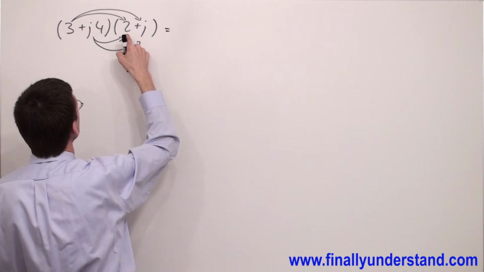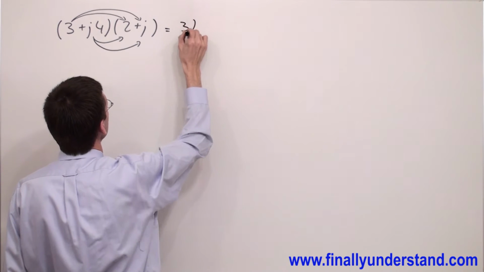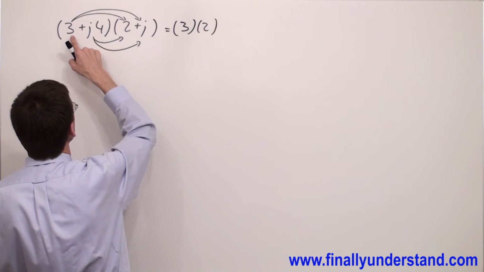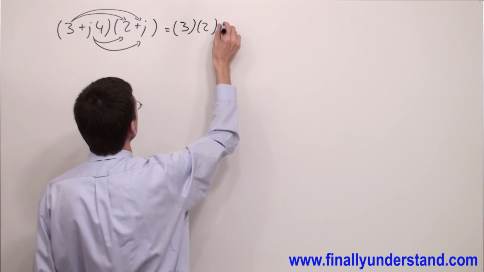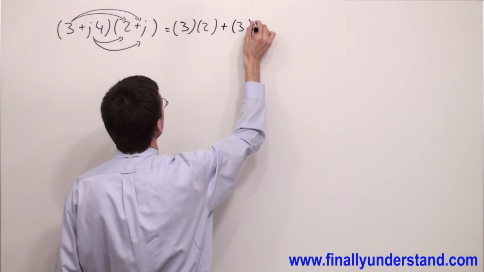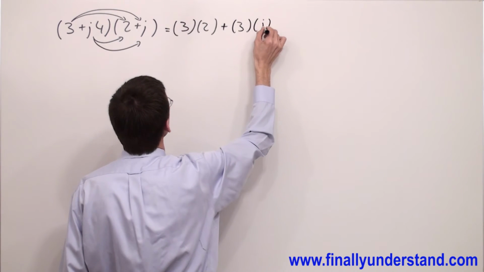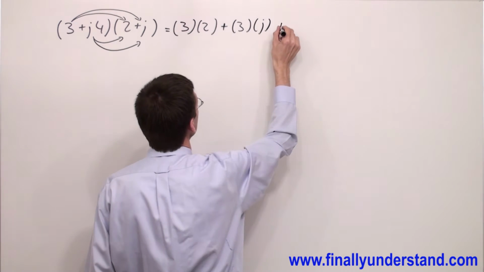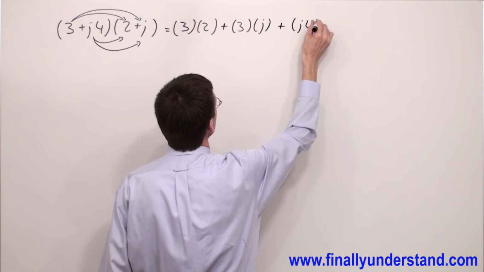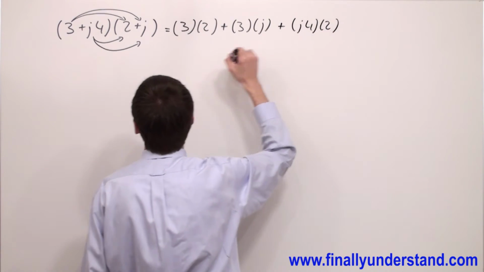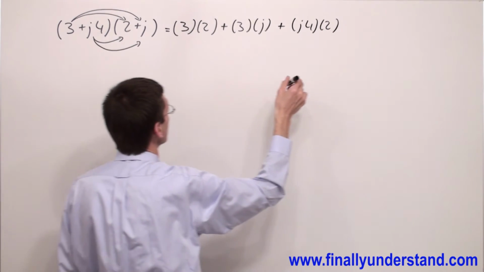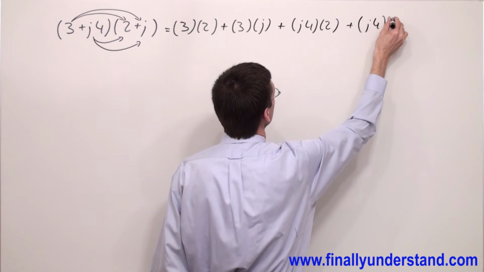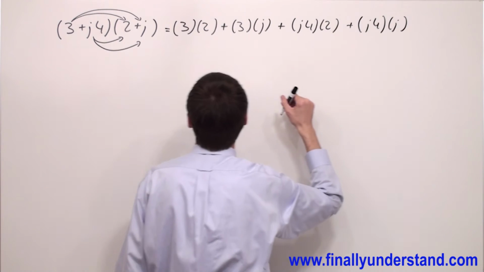3 times 2. Let me just write everything step by step. 3 times 2, and I have plus 3 times j, and I have j4 times 2, and I have j4 times j. Okay, so I have